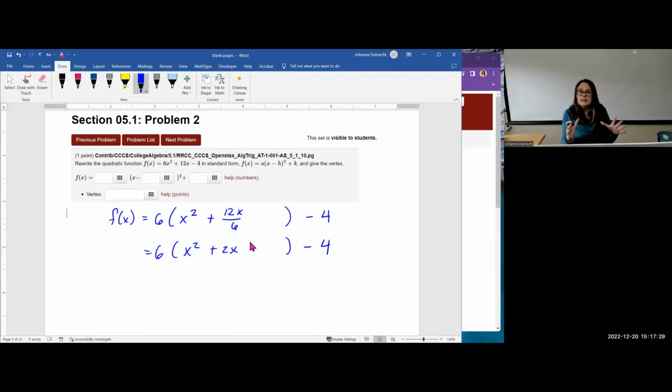Now notice everything is happening on the right-hand side. I'm going to keep everything the same by adding 0. So what do I need to do? Well, I need to take that b over a. So remember, this was b and this was a. So I'm going to take that b over a and I'm going to take half of it. Well, b over a is the number 2, so I'm going to take 1/2 of 2, which gives me, of